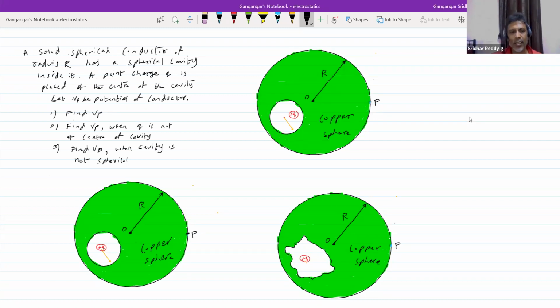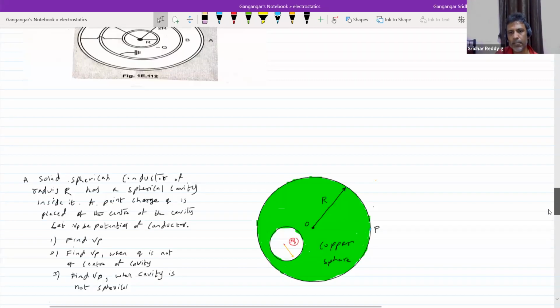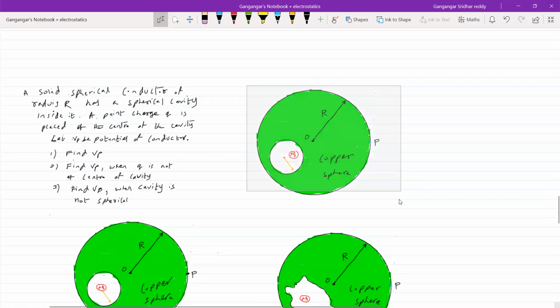The reason for that, what actually happens here? There's a neutral conductor. So first we will go like this here. When Q is not at the center, so there's the first diagram. So any charge will be induced. I think I need one more, no? Below that, there's a question. I'll shift this. We have 3 cases.